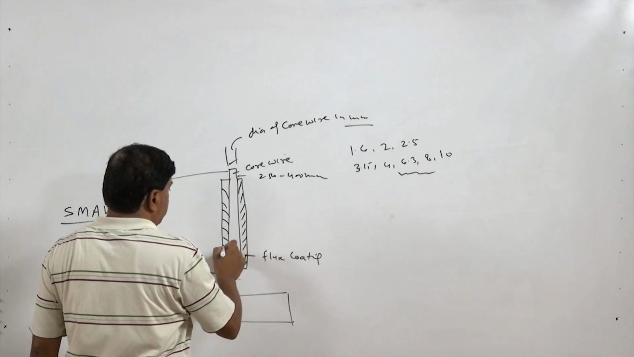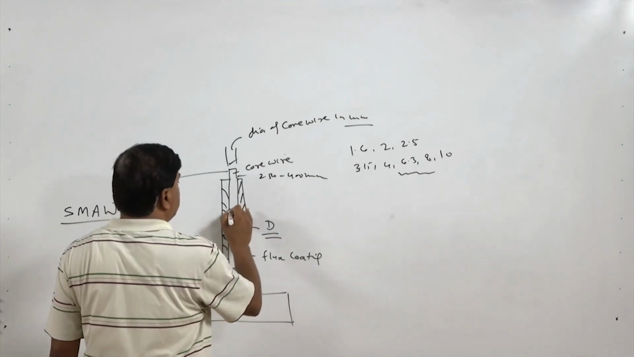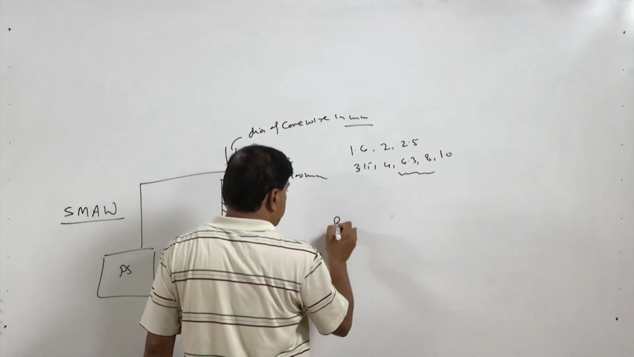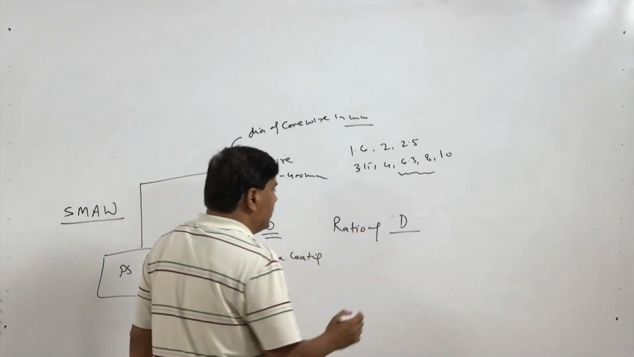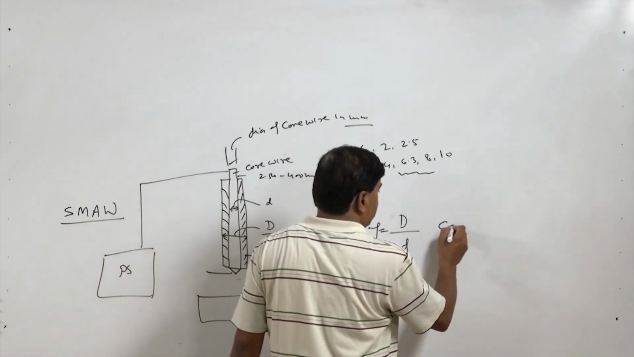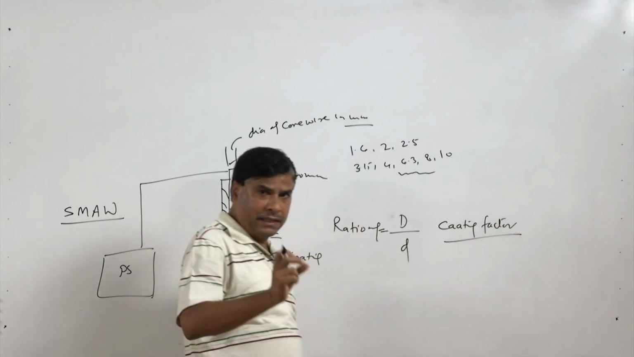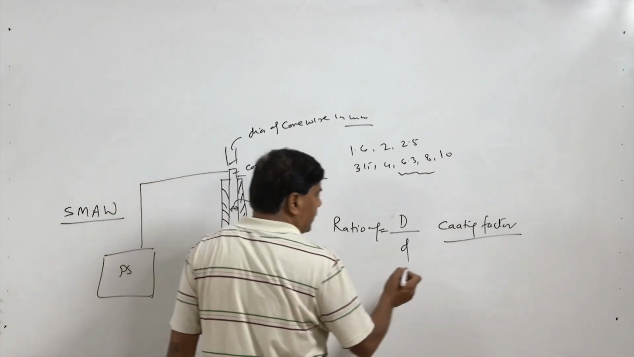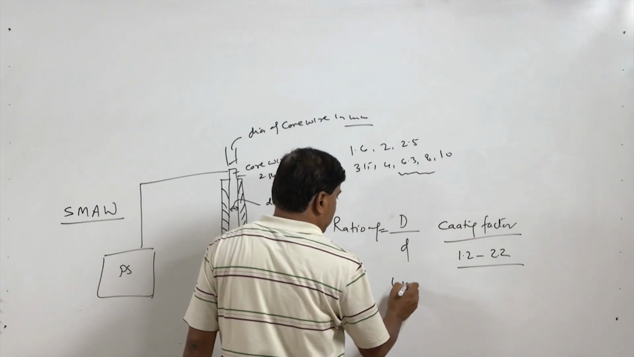The diameter of the electrode with the coating is indicated by the letter D and the diameter of the core wire is indicated by the letter small d. In that case, the ratio of the diameter of the electrode with the coating divided by the diameter of the core wire gives us the idea about the coating factor. Coating factor is an indicator of the thickness of the coating layer which has been applied over the surface of the core wire. This coating factor value generally varies from 1.2 to 2.2,